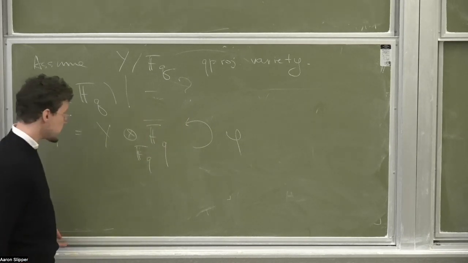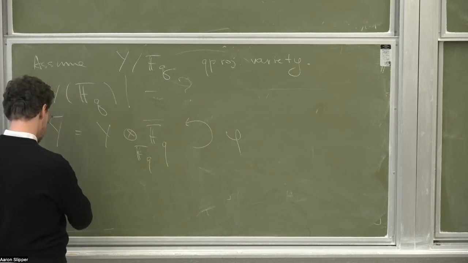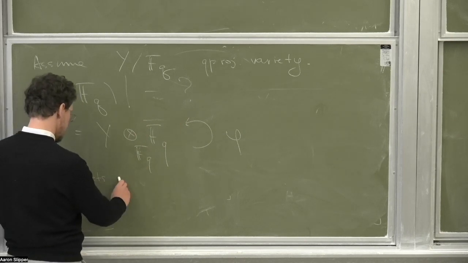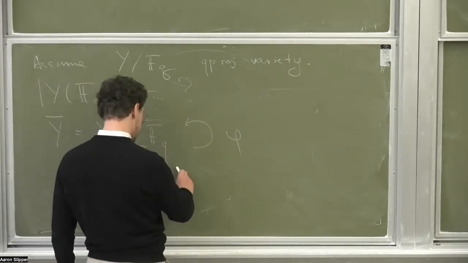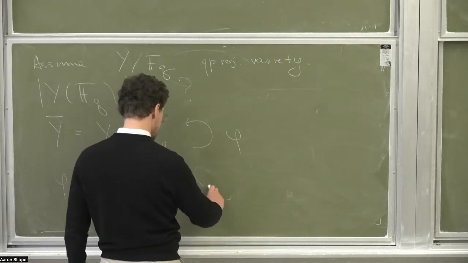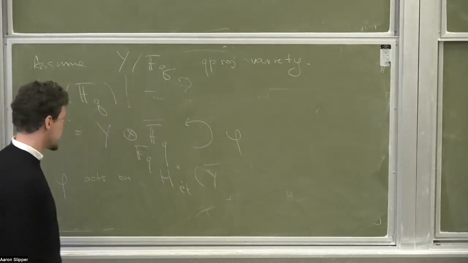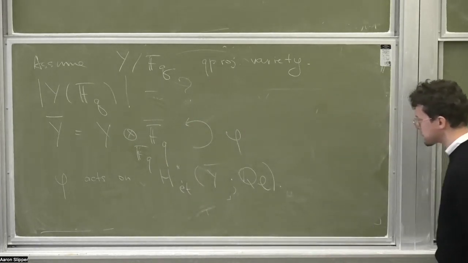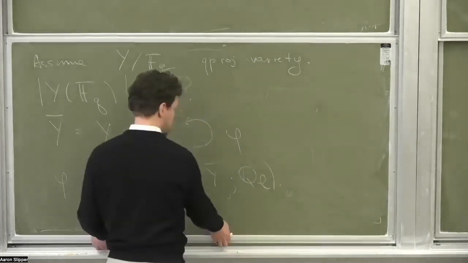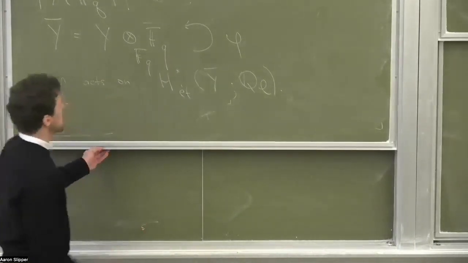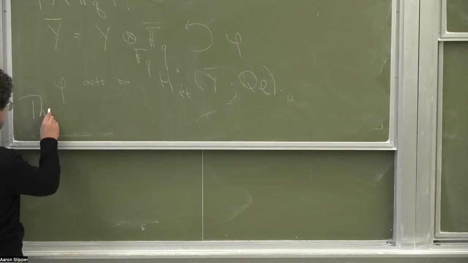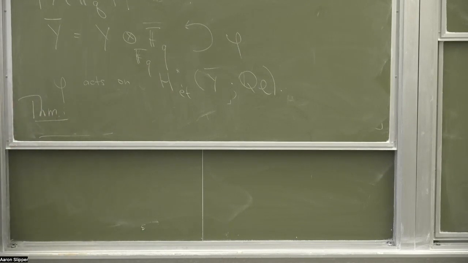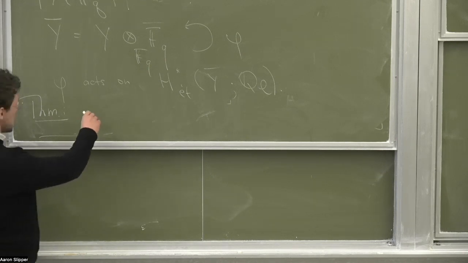In particular, the Frobenius acts on the étale homology of Y bar with Q_l coefficients. So there is a theorem due to Weil, that's attributed to Grothendieck-Lefschetz as well. It says the following,